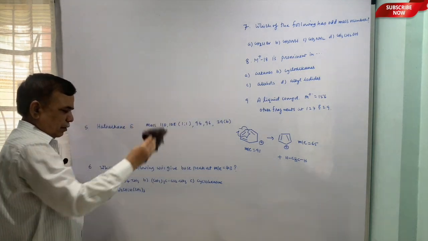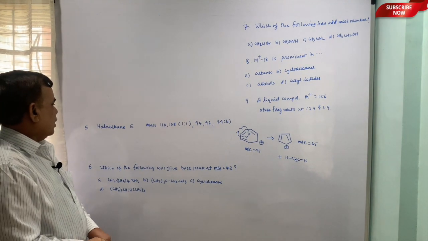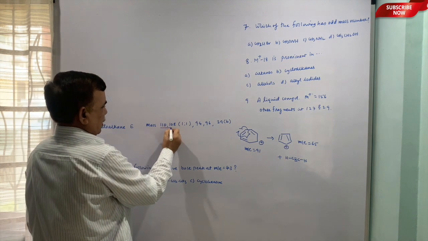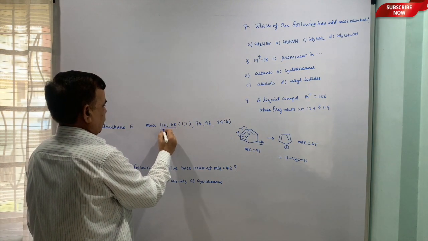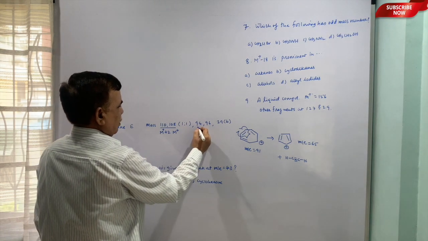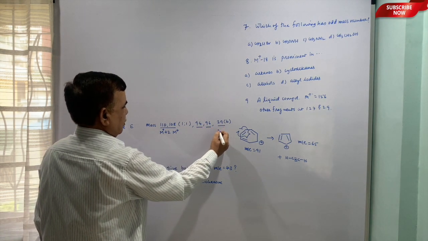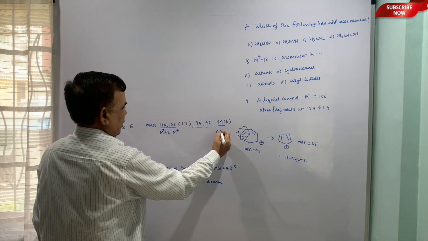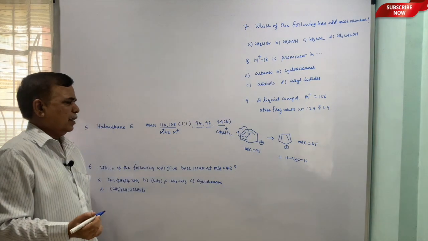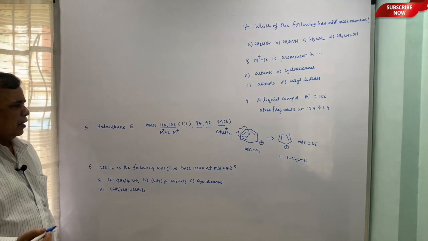Coming to the fifth example, haloalkane E, mass M plus and M plus 2 M plus. These are the other fragments. This is the base peak, probably the CH3 CH2 plus. 29 can be that much only. So